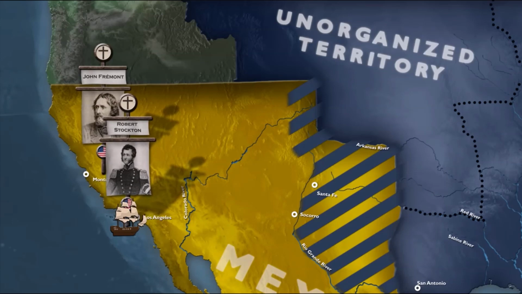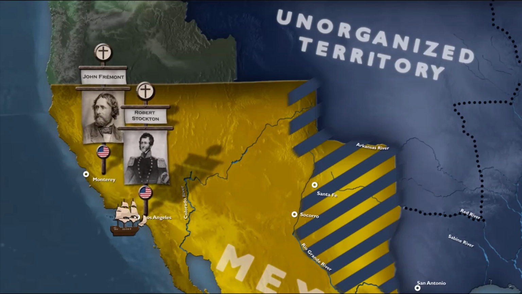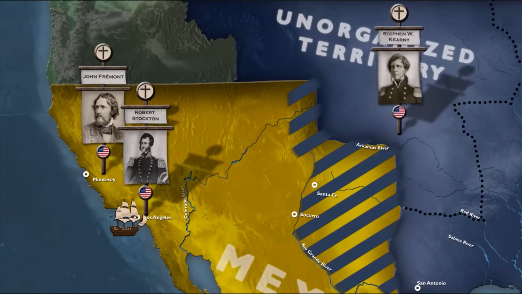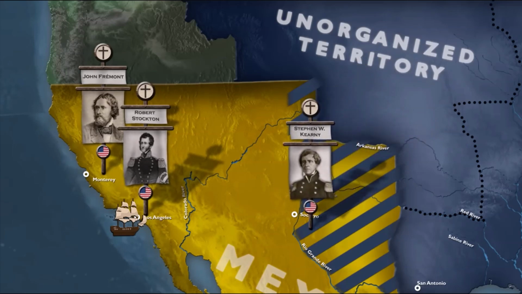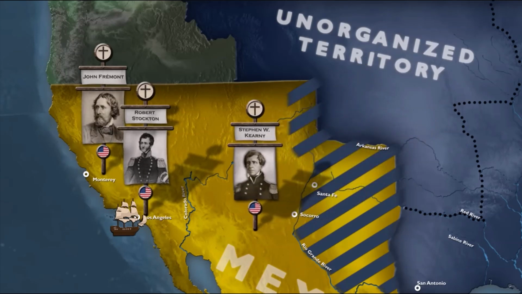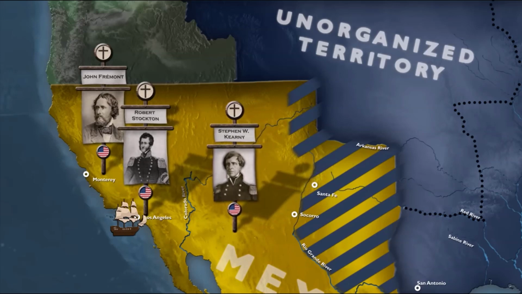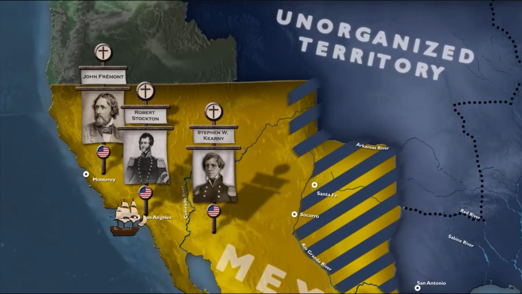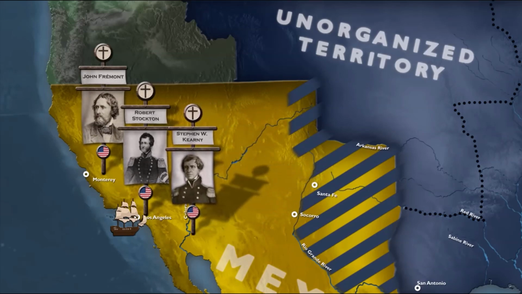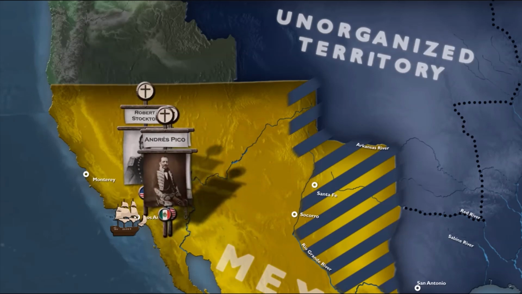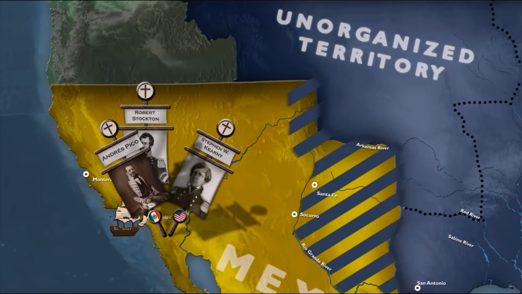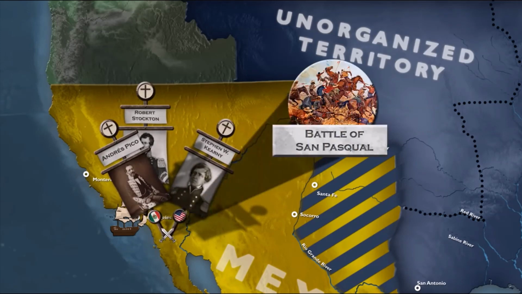Meanwhile, U.S. Colonel Stephen W. Kearny had performed a march across New Mexico and the Sonoran Desert and crossed the Colorado River in late November 1846. On December 7th, 100 Lancers under General Andrés Pico, brother of the governor, fought Kearny's army of about 150 at the Battle of San Pasqual. The wounded Kearny pushed on until he had to establish a defensive position on a hill. General Pico kept the hill under siege until a 215-man American relief force arrived.